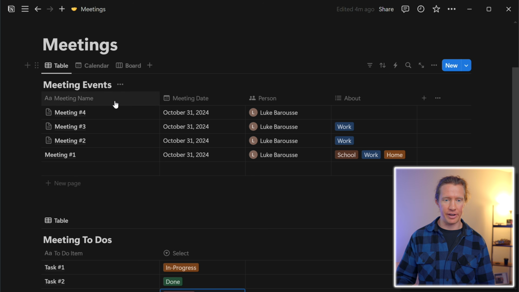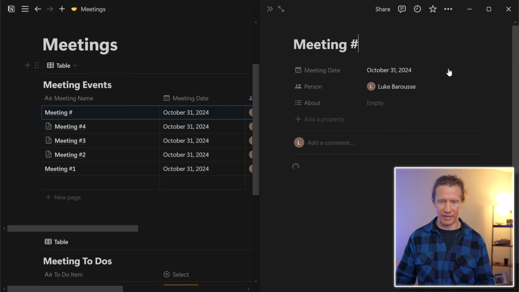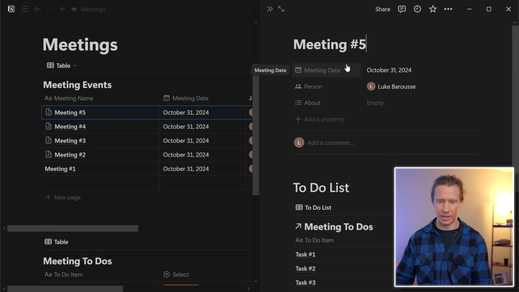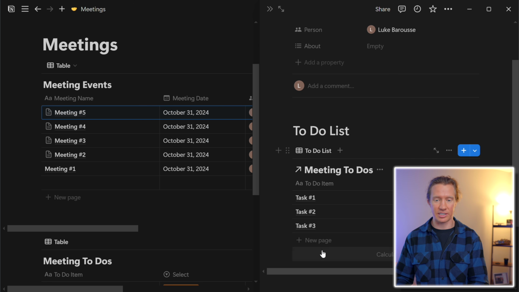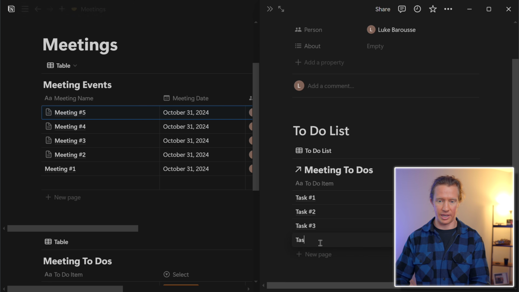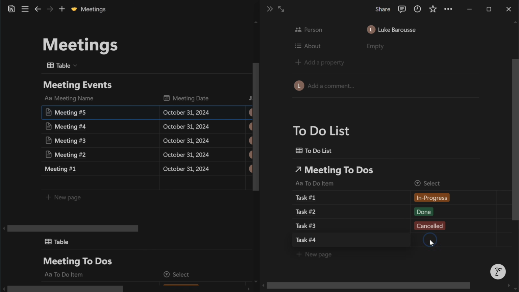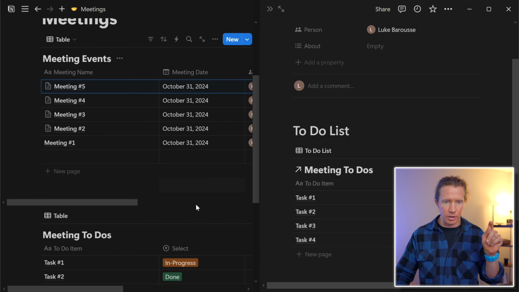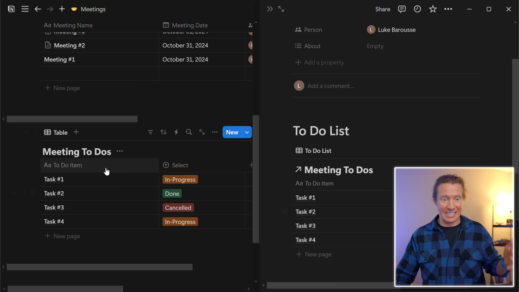So if I come back out of here and we create another new event, we'll call this meeting number 5. Then for here, if we get a new task during this, we can go ahead and say, hey, we're gonna have task number 4. And for this, it is in progress. It gets added inside of here, but also scrolling down here, we can see it gets added to our to-do